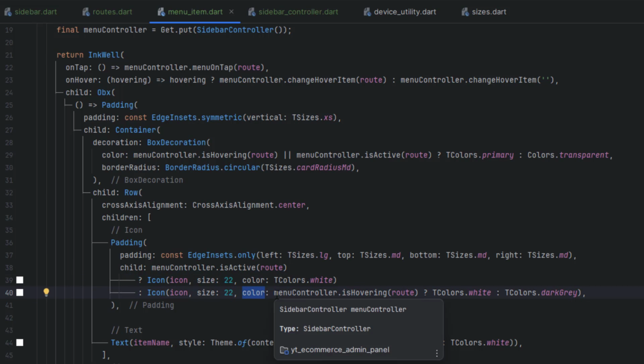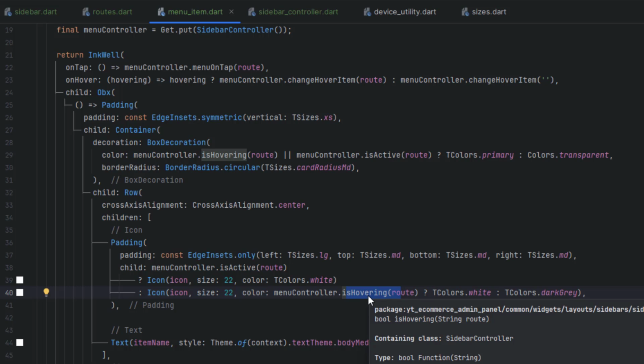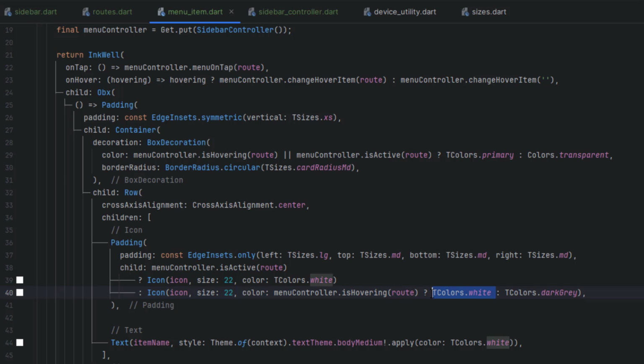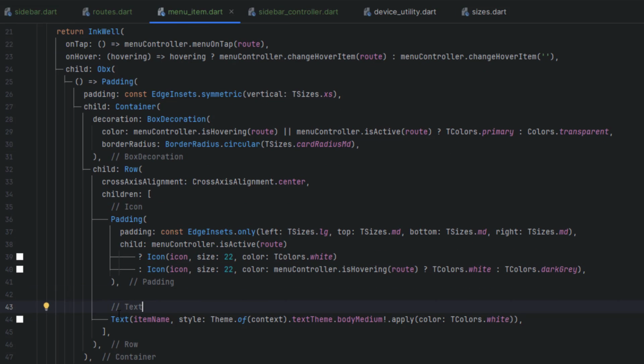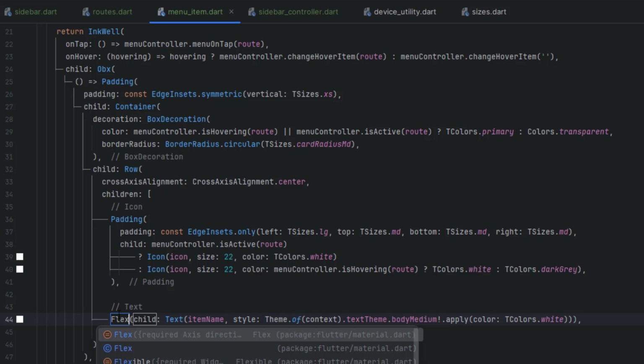Then for the color, we just have to again check the menu controller. If it is hovering, we are going to display, hovering means the background color will again be the primary color. In that case, we also want to display the white icon, and else we want to display the darker gray color of that icon. Okay, now lastly, we have to wrap this text first of all with the flexible widget,